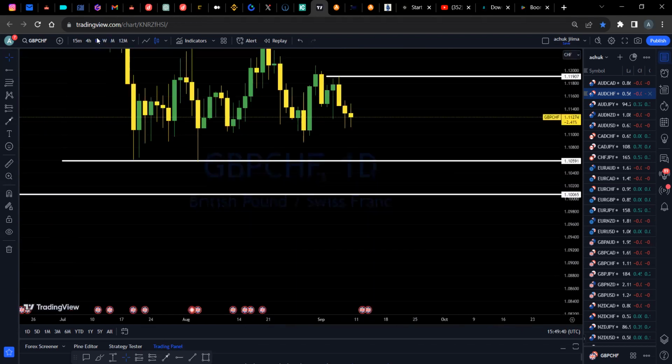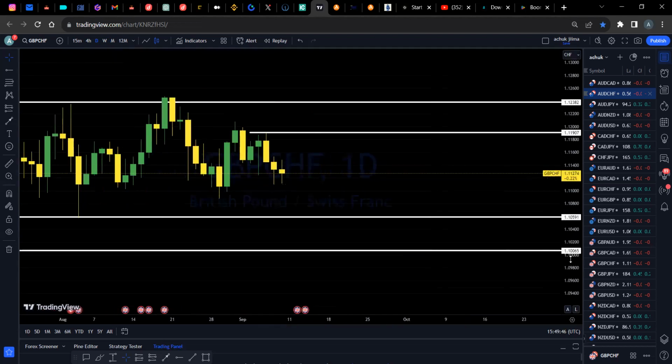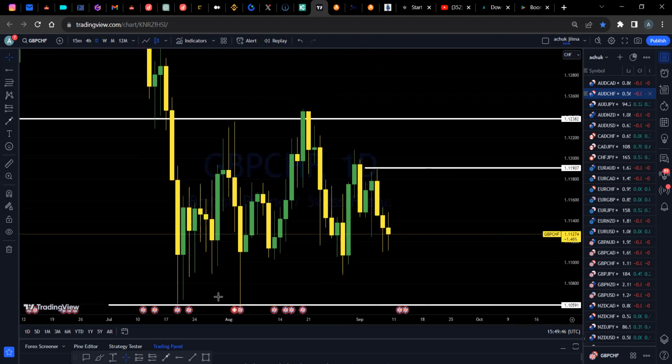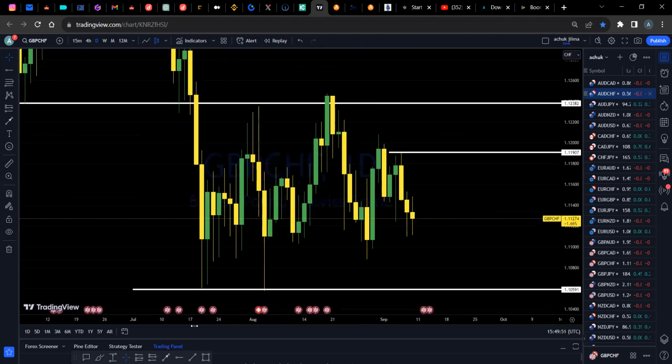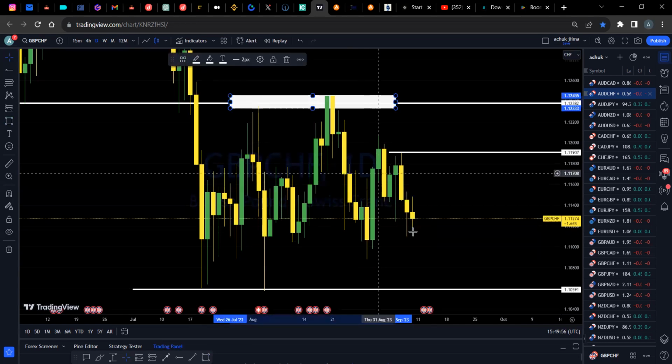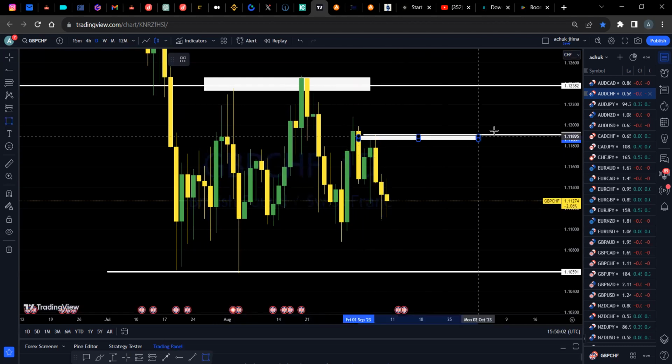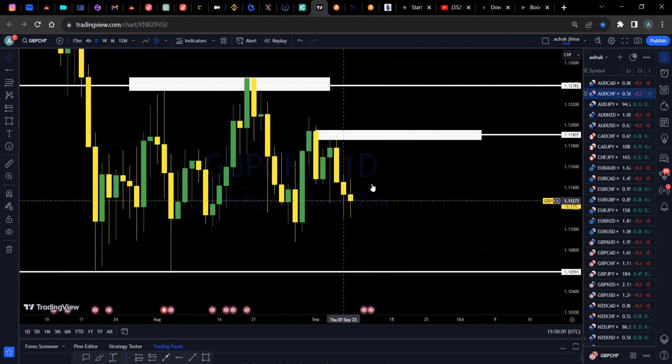So looking at it from the daily, this is what we have. So this has been our resistance area. So you can see each time price was able to come here, it would bounce back. And now here we have another possible resistance area based on the weekly time frame. So will price come here and then be able to